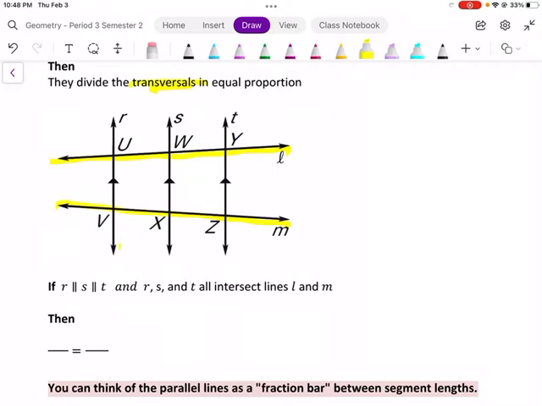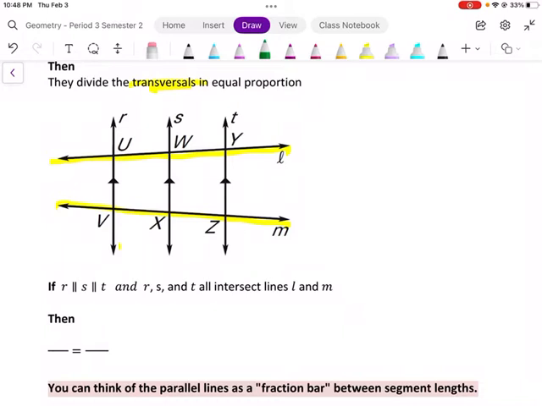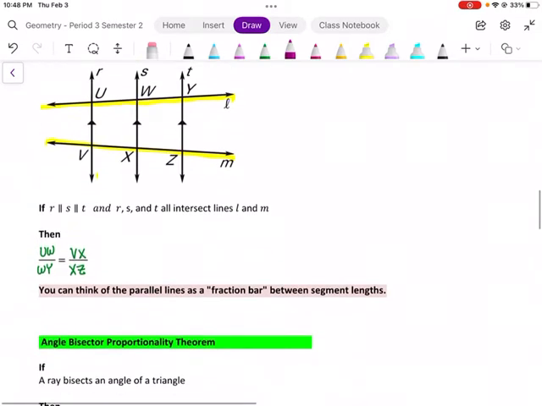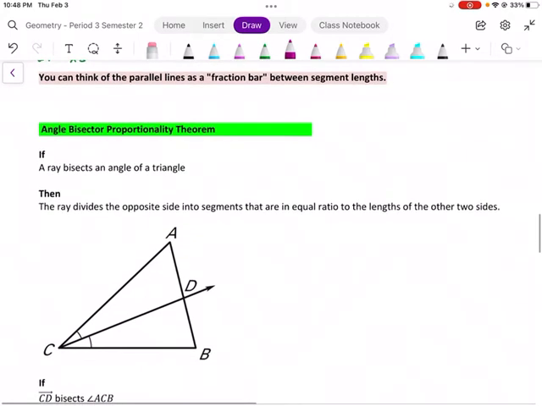So if we have R, S, and T as parallel lines, and they intersect line L and M, then we know that the length of UW over WY is going to be equal to VX over XZ, because they're going to be proportional to each other. And we're going to go over an example of this in a moment. Before we go over an example,